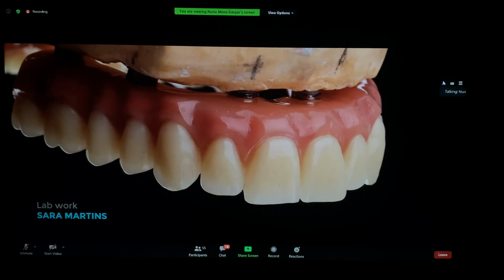When you are placing, I have a question. This is my question. When you are placing and prosthesis, and when we do the prosthesis, do we have to keep